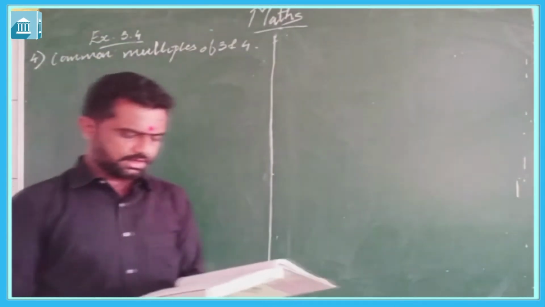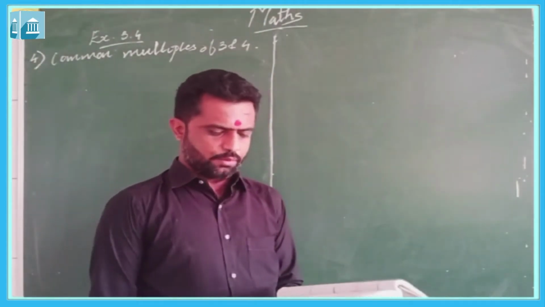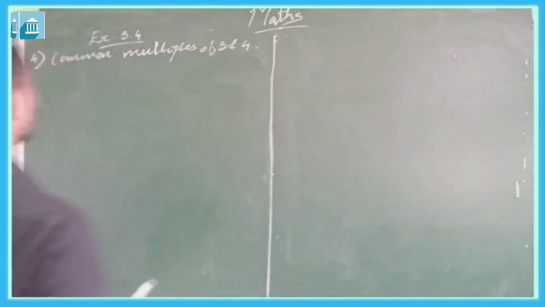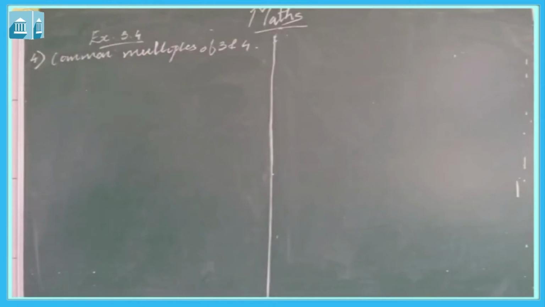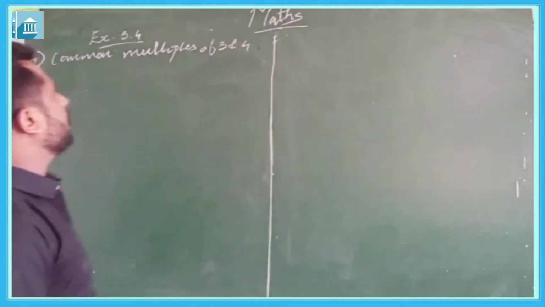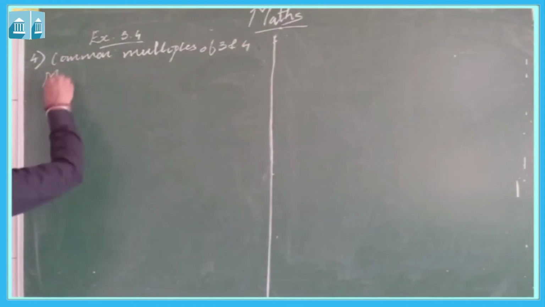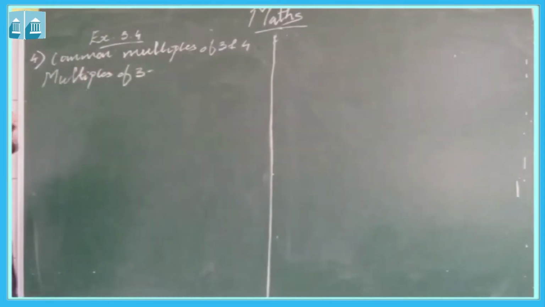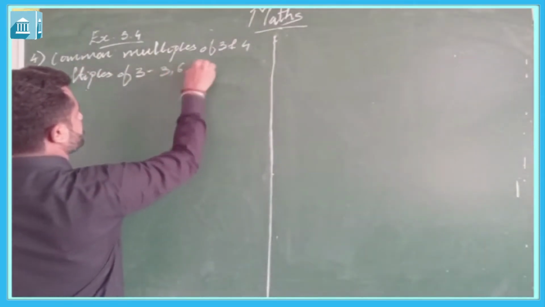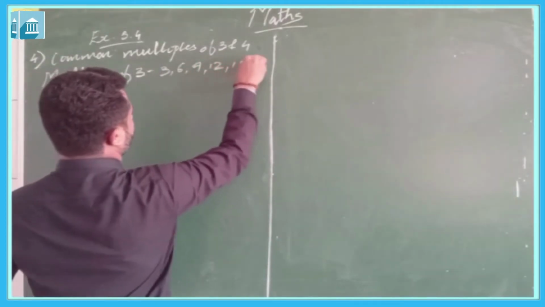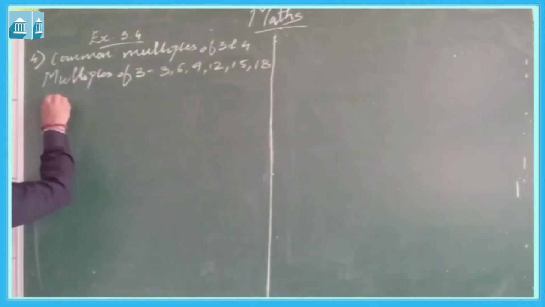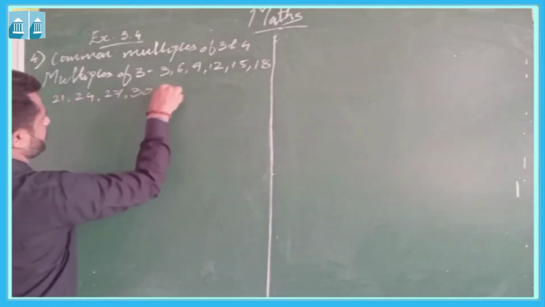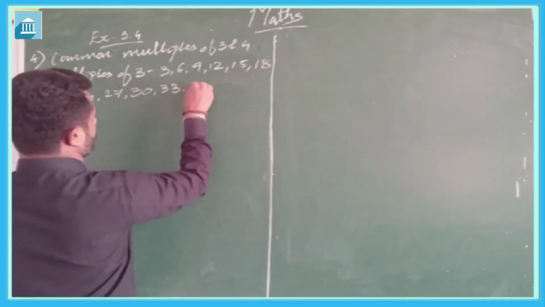Now, question number 4 is write all the numbers less than 100 which are common multiples of 3 and 4. Here we have to first find the multiples of 3 and 4 which are less than 100. So, multiples of 3 which are less than 100 are 3, 6, 9, 12, 15, 18, 21, 24, 27, 30, 33, 36,